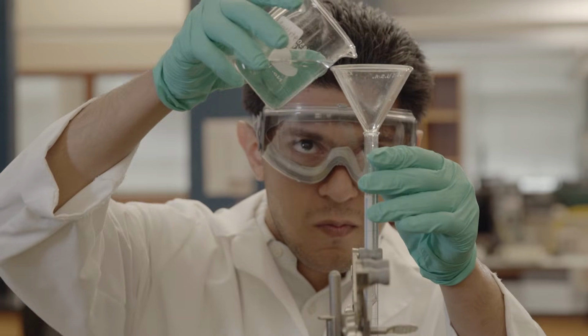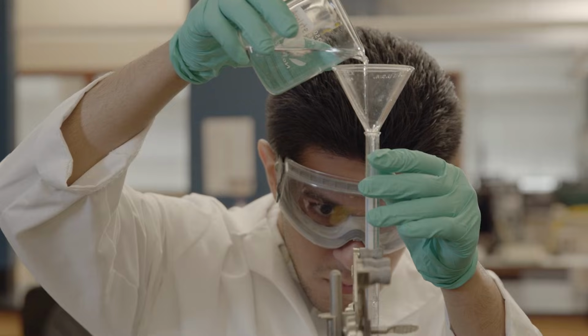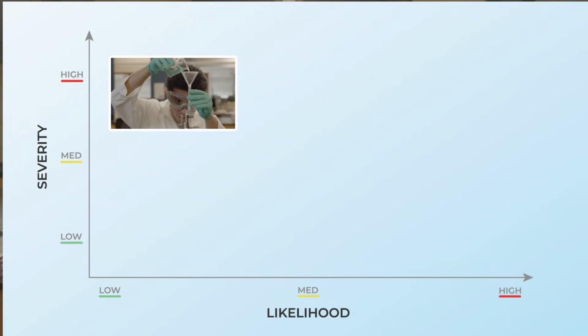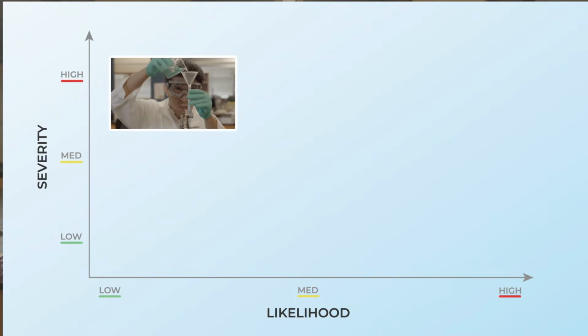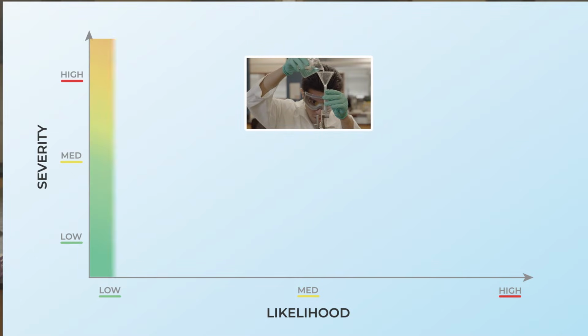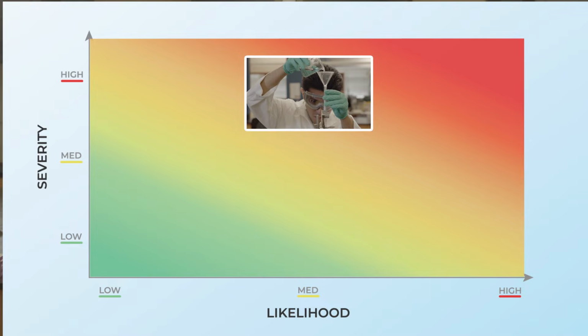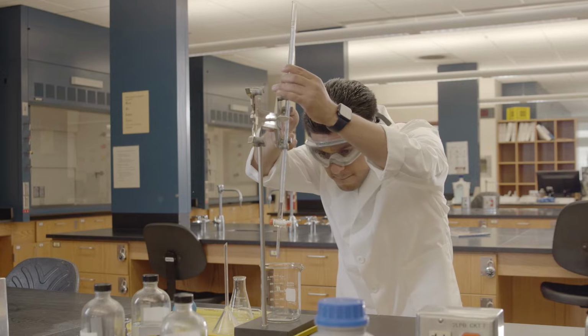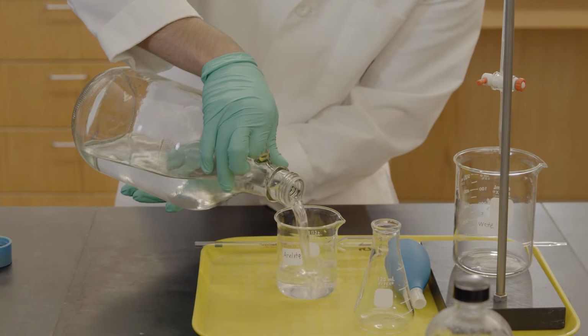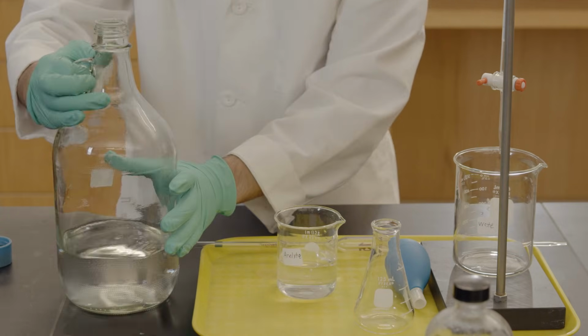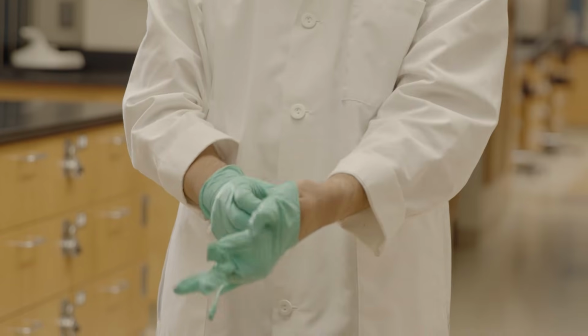A student needs to pour a solution of a strong acid into a burette. This represents a medium or high severity level in the matrix depending upon concentration. The likelihood of exposure, most likely from spilling the solution, depends on several factors. These include what glassware is being used and the student's skill in pouring. Let's judge this as a medium likelihood of exposure. Using the risk equation and taking these factors into account, we can see this procedure is medium or high risk. This tells us we should redesign the experiment to reduce the risk level. For example, using a funnel, lowering the burette, or using a small beaker to pour from reduces the likelihood of a spill. Wearing appropriate eye protection and gloves reduces the chance of exposure.